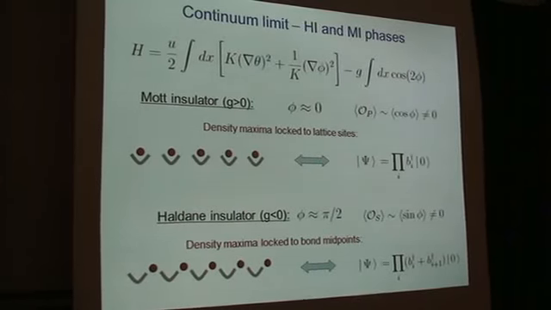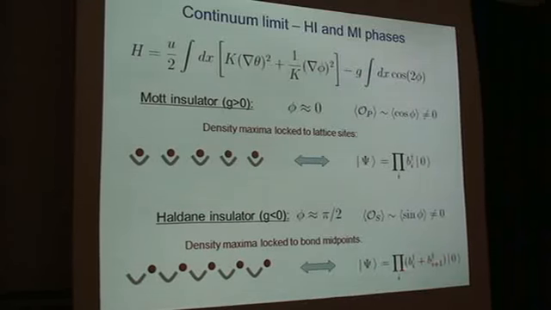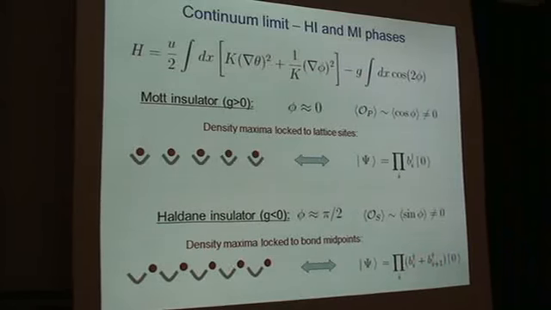And you can write down the caricature wave function, which is this one. It looks like a site factorizable state, but it's not if you think about it, because it's a boson resonating exactly between two sites, and it's completely analogous to the AKLT wave functions for spin. So this is a caricature wave function for the Haldane phase, and what you can also see is that now, when phi is pi over 2, the expectation value of sine phi is non-zero, and that turns out to be exactly the string order parameter, or the long wavelength limit of the string order parameter. Okay, so this is a nice way to see